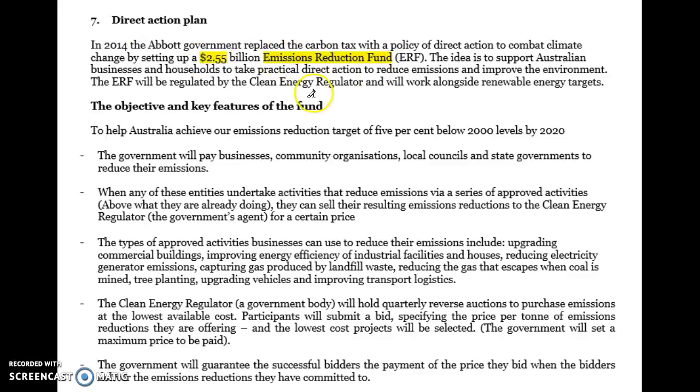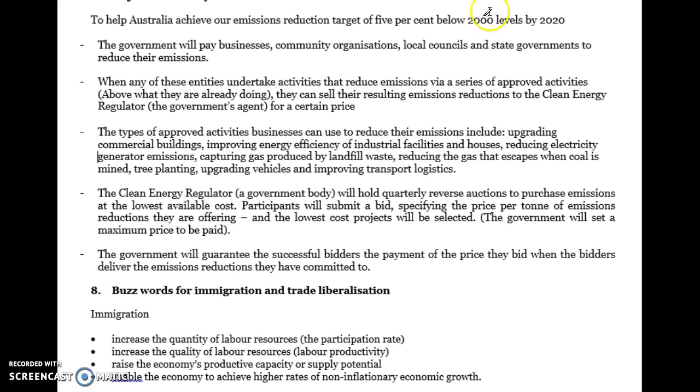reduction fund. It's designed to support businesses and households to take practical action against climate change, and basically what it's doing is that every 3 months they are going to hold reverse auctions, where businesses submit proposals for what they're going to do to try and reduce their level of emissions. This includes things like upgrading the buildings, investing in energy-efficient facilities, capturing gas produced by landfill waste to reduce their emissions, upgrading vehicles, planting trees, reducing the amount of transport